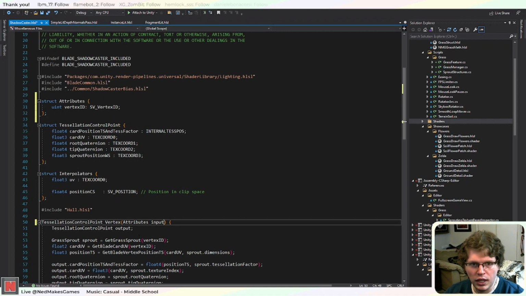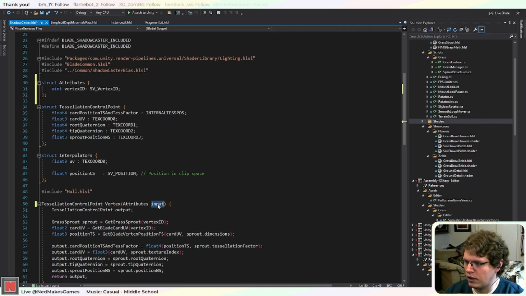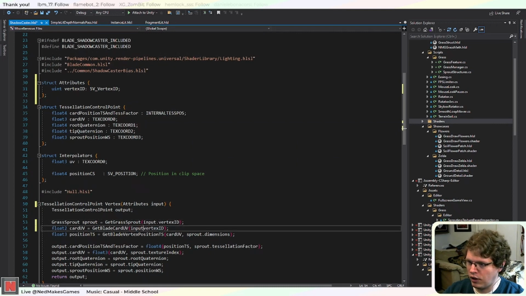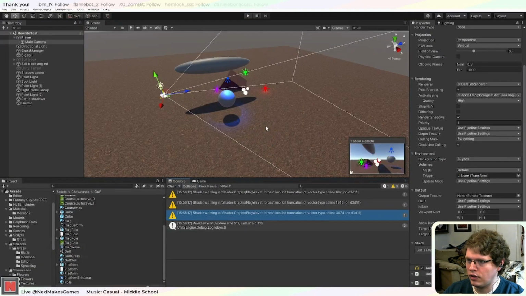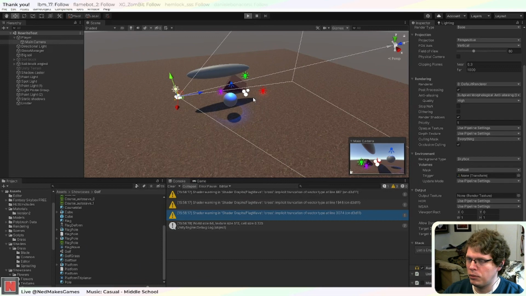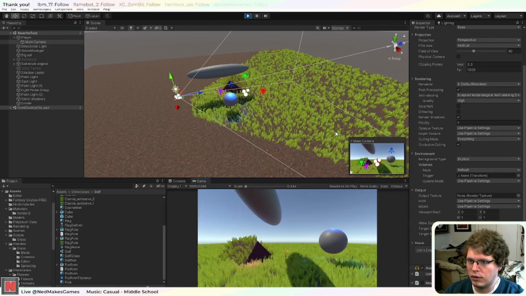How hard would it be to add a mask with all of the tessellation so you only spawn grass in a specific location, like a painted texture mask? That's actually something I have already done. You can control where grass grows using a texture on this ground. I actually haven't shown that off in a while, so